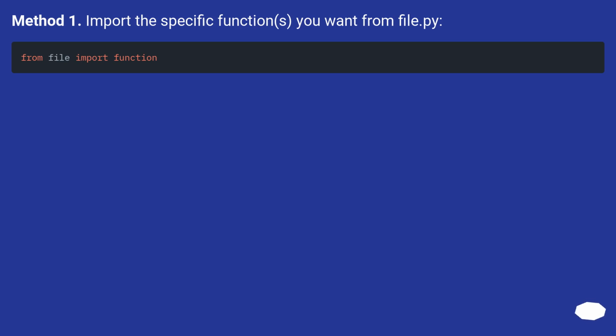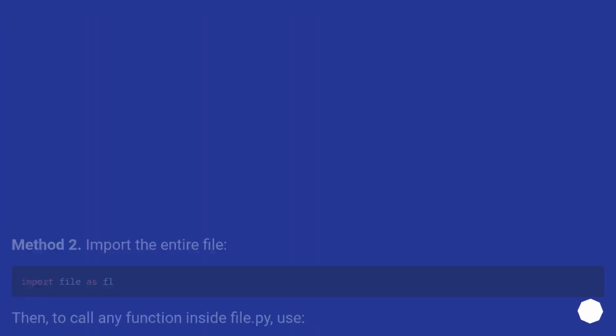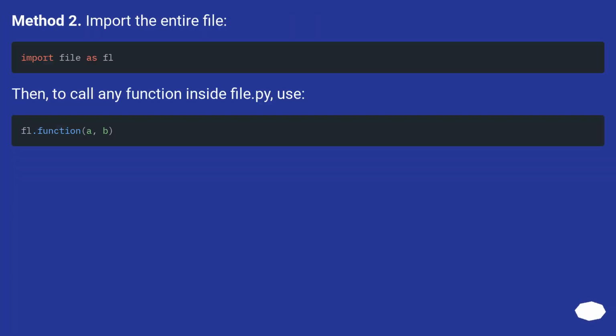Method 1. Import the specific functions you want from file.py. Method 2. Import the entire file. Then, to call any function inside file.py, use